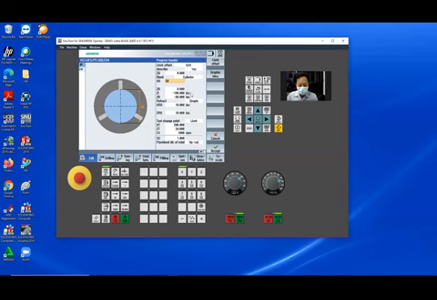Diameter 50. Leave this, no need. Actually, in the real machine, good if you use machine. And teach position. This is teach position for changing the tool.